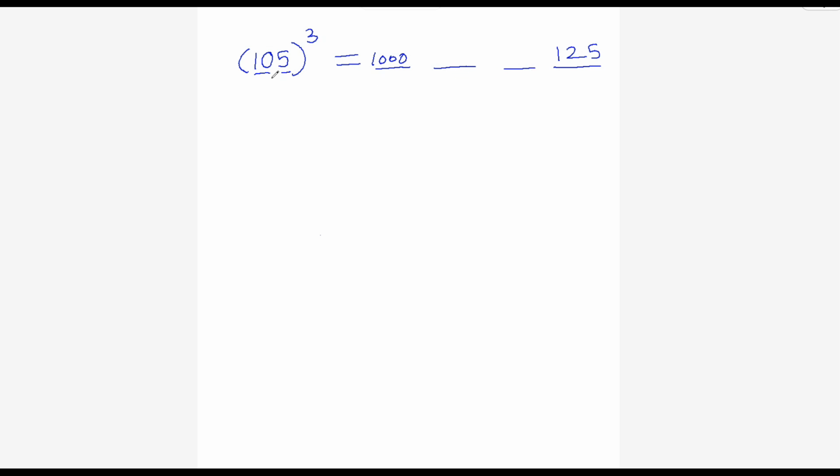Now to fill the middle parts, again multiply the three numbers. It's 10, 5 and 3 this time. 10 5s are 50, 5 3s are 150. Now to get this part of the answer, multiply the 10 and 150, which gives you 1500. Now to get the next part of the answer, multiply the 5 and 150, which gives you 750.